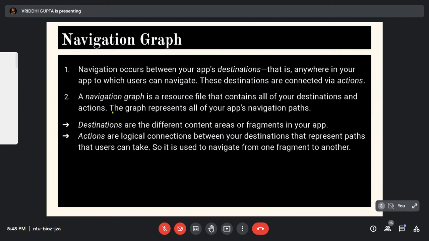Like whatever you have to define in your navigation graph. If you wish that your user should go to account settings from the dashboard, then you have to define that in your navigation graph. Okay, so the destinations, that is the fragments in the navigation graph, are connected with the help of actions. Okay, so a navigation graph is like a resource file. It's an XML file that contains all of your destinations and actions, and these destinations are different content areas or